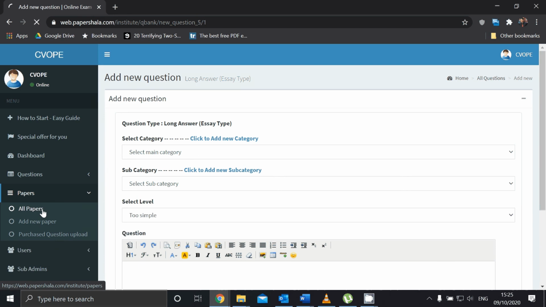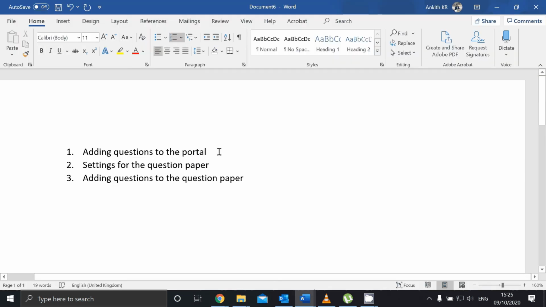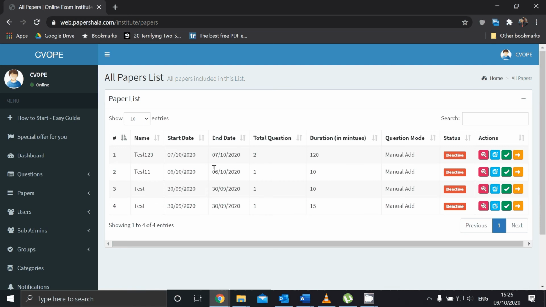So as I have told you in this section, what I've just shown you is step 1, that is done. Now step 2 and step 3 is left. Step 3 is very easy. Step 2 is not that easy. It's a little bit tricky. Ignore all of these test 1, test 1, and all of this. I've just done this to test out if it is actually working. It's just software testing. Now in this case, after your question is done, go to papers and add new paper.